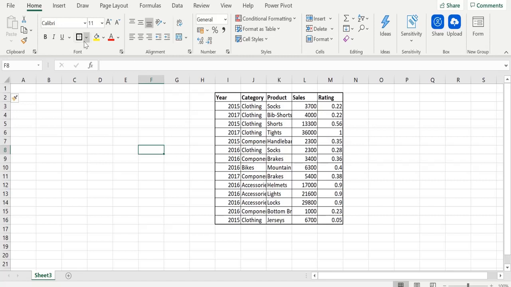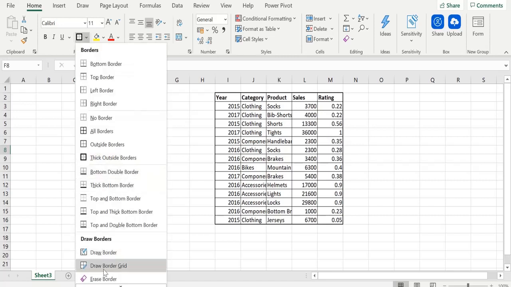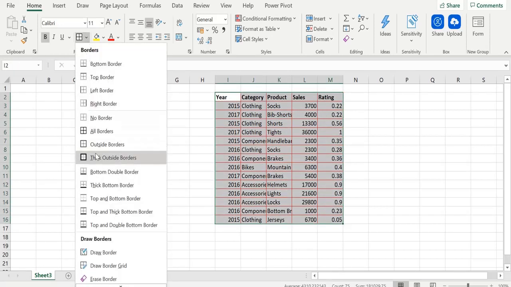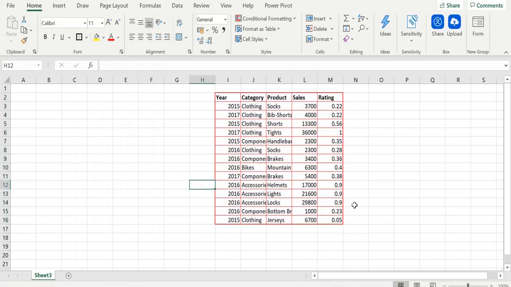Okay, now let's see another option in this. See, I have put the color of the lines as red, and as soon as I have put all borders, the color of the lines has become red. So if you want the color to be red, and you want a thick border also, just put a thick border around this. So you can see that the line color has become red now.